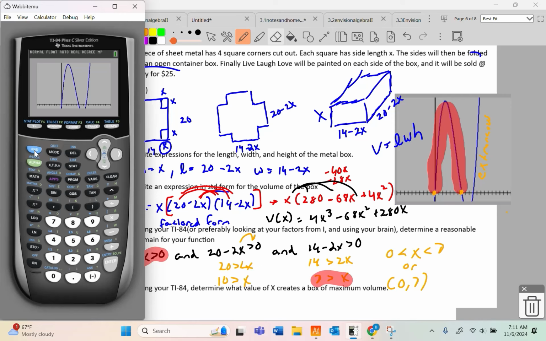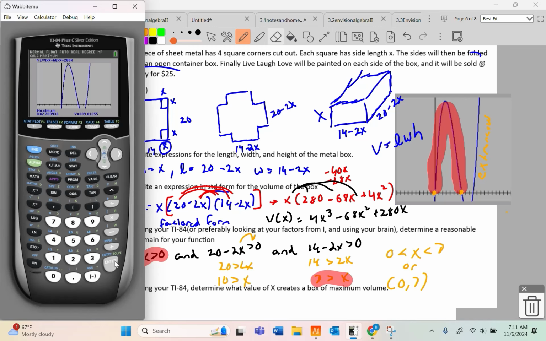All the cool stuff on a TI-84, on a graph anyways, is under second trace. And since I'm talking about maximizing, I'm obviously going to choose the word maximum. It's not rocket science, kids. And you'll notice it asks for a left boundary. So I'm going to get to the left of the maximum. I'm going to press the enter key and play along at home. I'm going to get to the right of the maximum. I'm going to press the enter key and I'm going to press enter. And there she is. It looks like it's